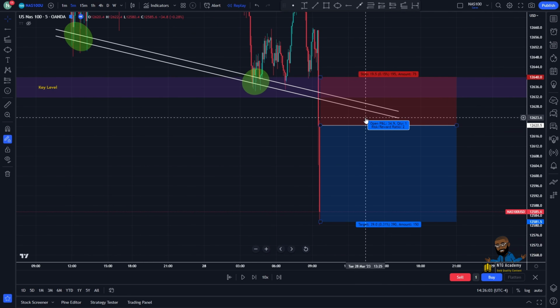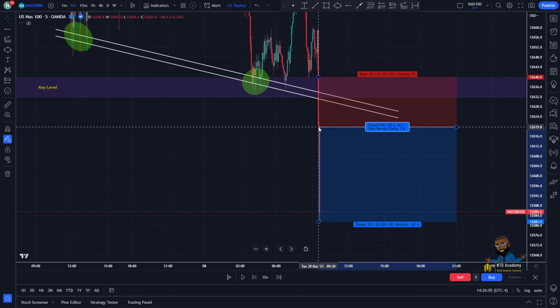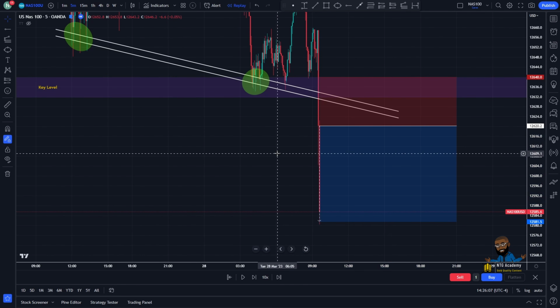Now for this trade, when we got in, the open session was around this time. Like I said, I'm going to talk about this a little bit more during the actual live feed, but we were waiting for 10 o'clock news, but the open session was enough for it to hit our TP. So when we switch over to the live trade, you guys will see exactly what I'm talking about.